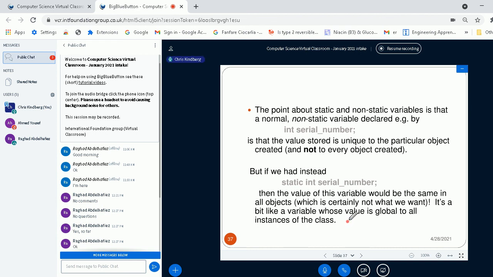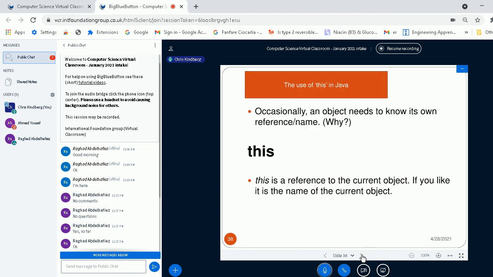It's a bit like a variable whose value is global to all instances of the class. So we need to find a way of ensuring that serial number is unique.